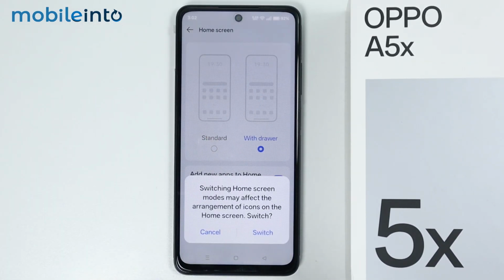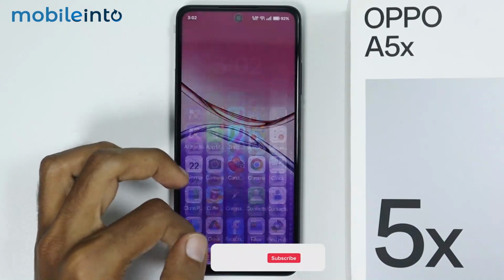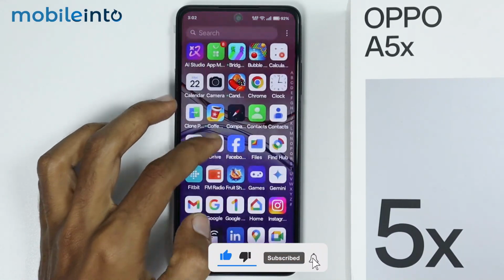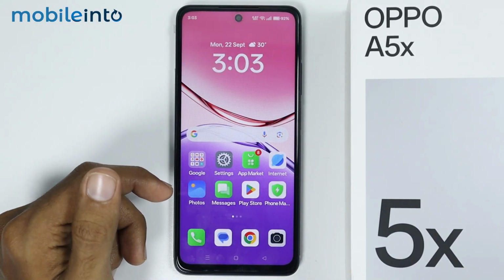Then tap on apply. Now just select switch. Then once you do that, you will enable the app drawer back on. And this is how you can change the home screen style on the